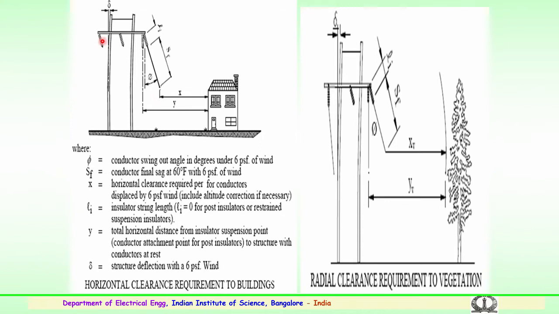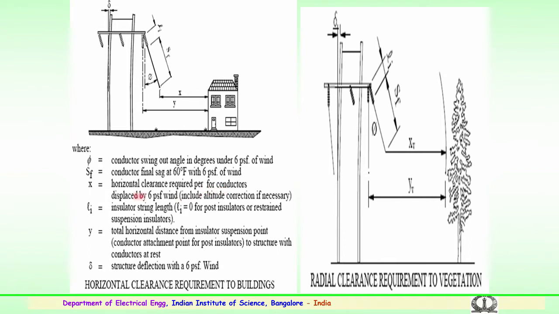You can very clearly see these are the distribution towers. This shows the insulator string. There will be a swing during the wind or during vibrations or activity of heavy winds. So, this angle of the swing is known as phi. So, this phi is the tilt angle of the suspension insulator from the vertical, and the distance is here. So, this minimum distance is the clearance x. So, x is the minimum horizontal clearance required